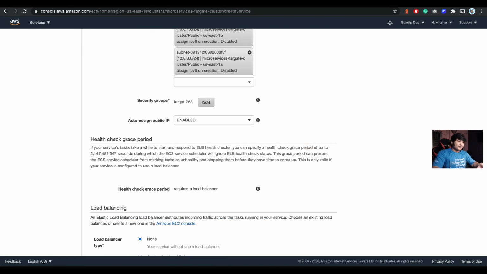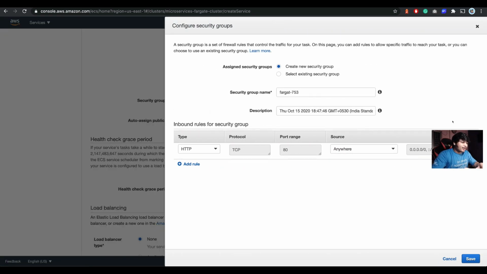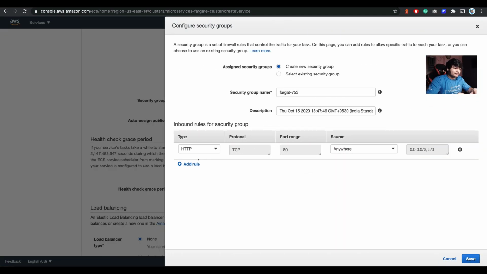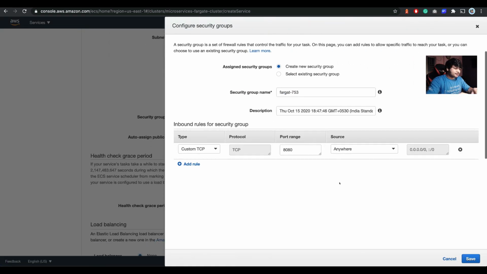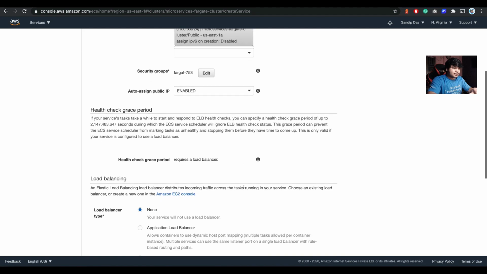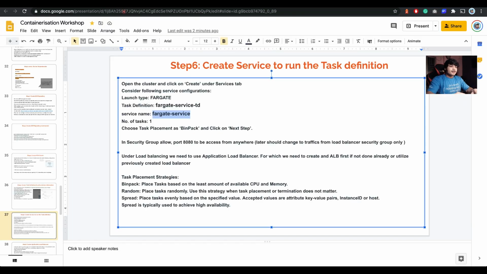and the security group. The security group should allow the port that is actually required. Now it's not port 80 that we need. We need port 8080, since the application we are allowing is on 8080. Let's do it. Let's call it custom TCP, custom TCP. Call it 8080, anywhere, and save it. Okay.